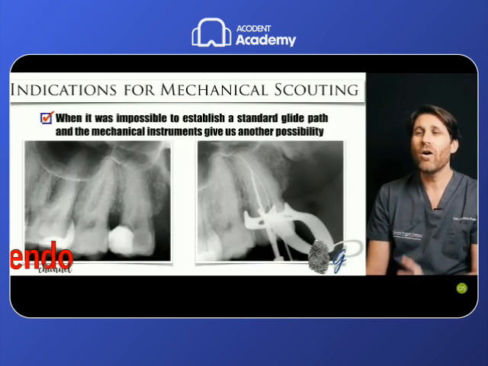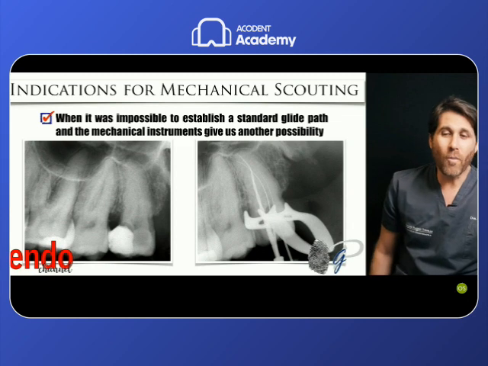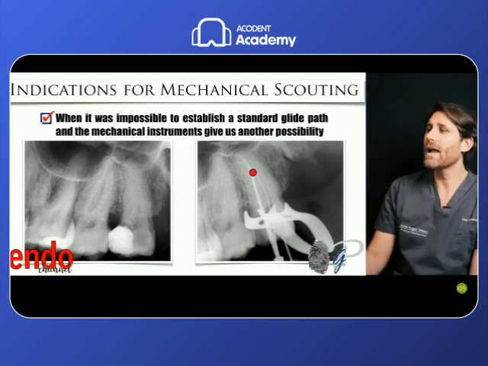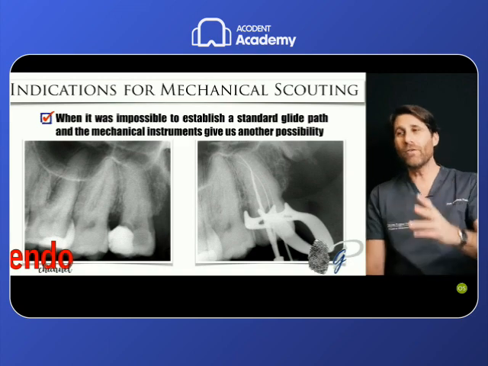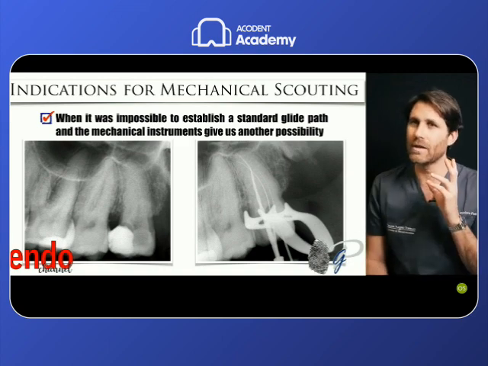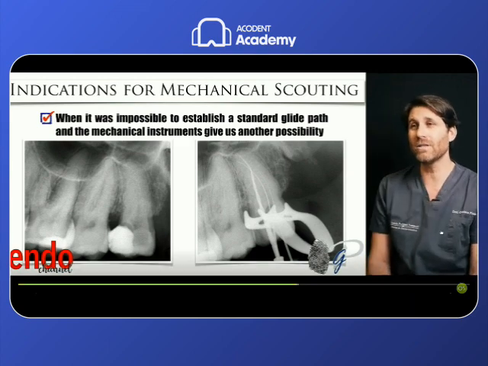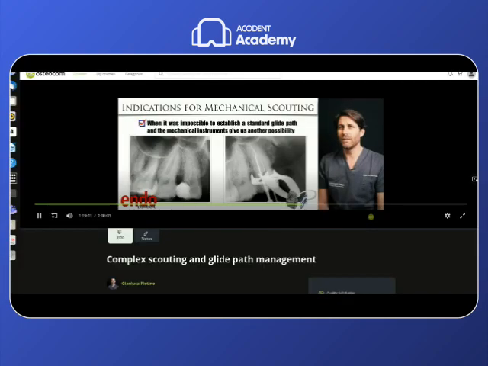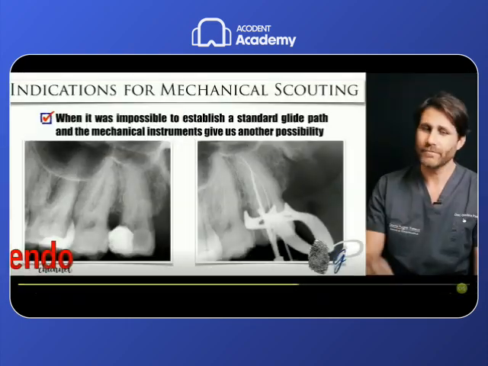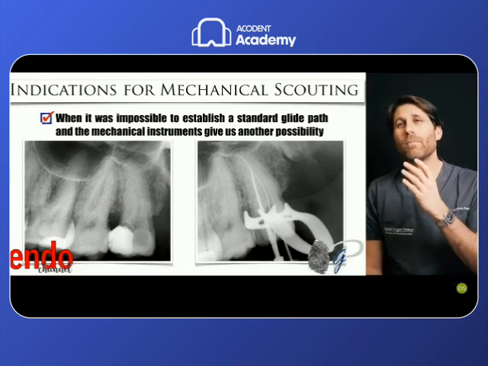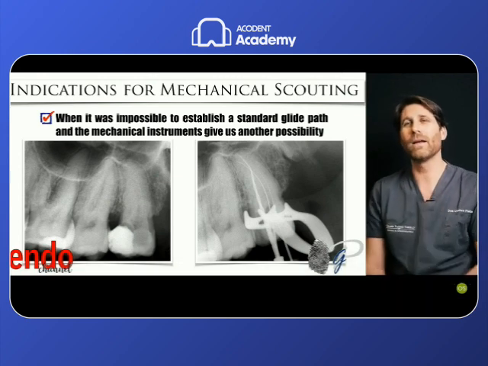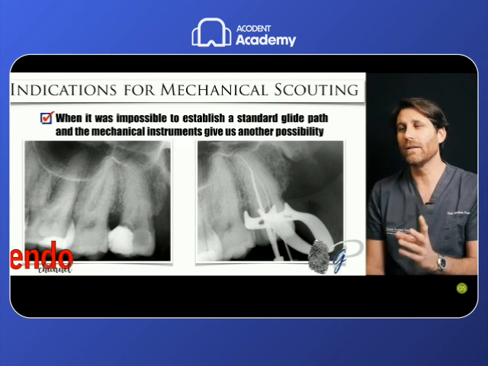And also, the other indication, obviously, is when stainless steel scouting is impossible in some cases and we stop, never push on them because they are rigid and you can create ledges, zips, you can move dentin debris apically and block the canal, so dentin blockages.